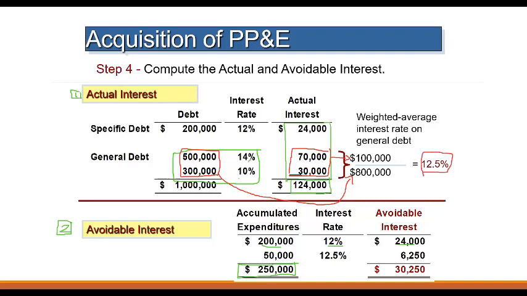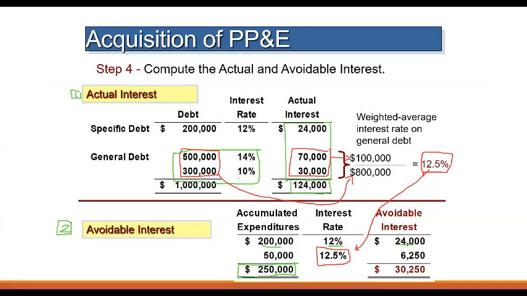Never get the 14 plus the 10 and then divide by 2. No, you have to get a weighted average. So the weighted average must be taken: we divide the total interest over the total general debt. So actually here we have to find out the weighted average interest. So the other 50,000 will be treated according to the average interest, which is 12.5%, the one that we got from here. So we have now